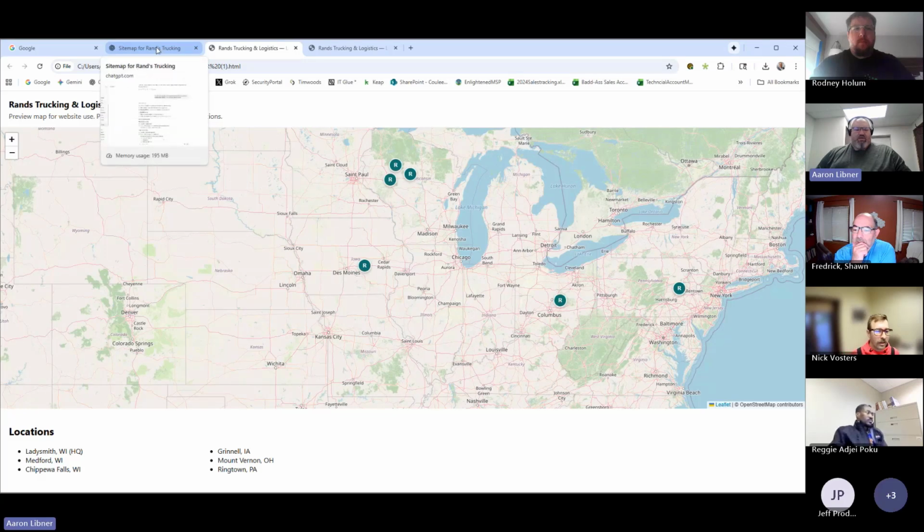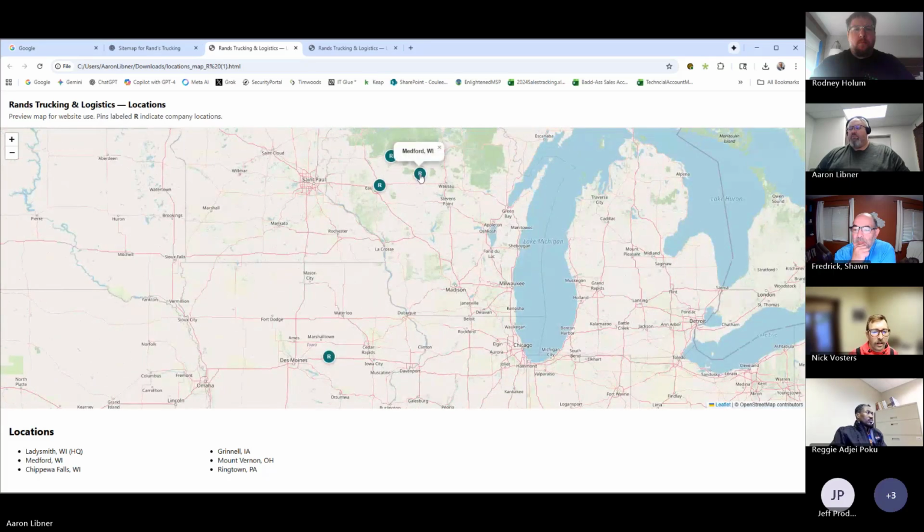I don't know what you mean by that. Sorry, like if you put your cursor over the icon, would it do a pop-up? Well, it gives the location, yeah. I'm sure if I put in more prompting, it would give more detail and go from there. Yeah, like an interactive map.